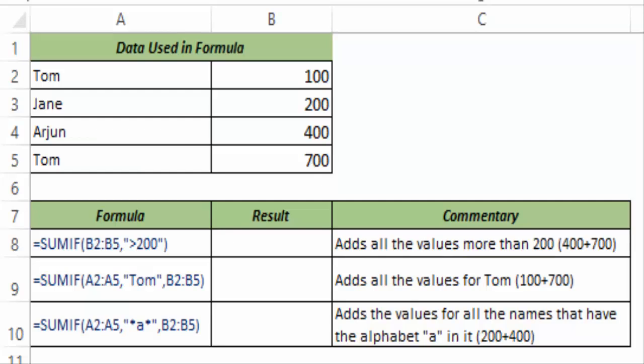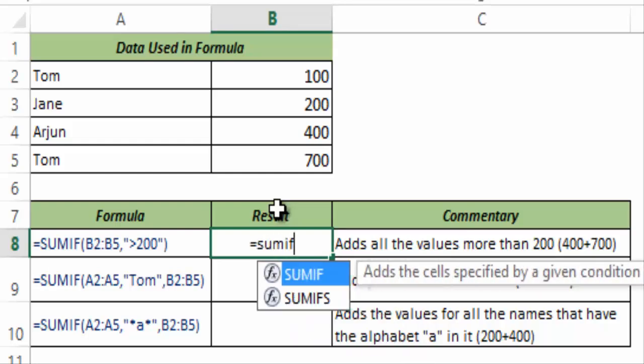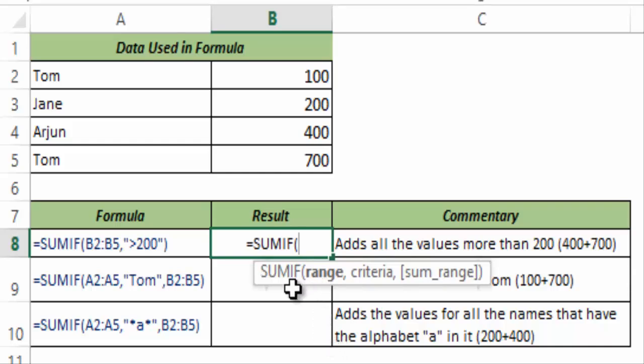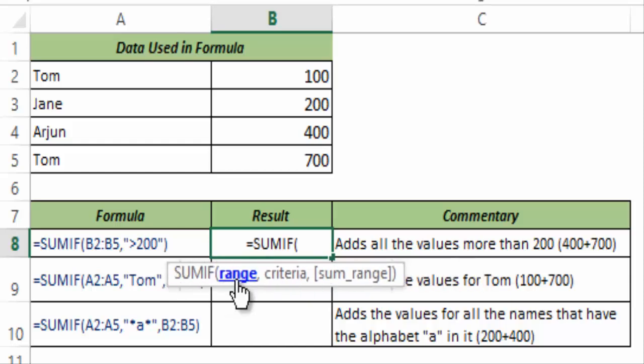This is a mathematical formula that lets you add numbers when a certain criteria is met. So let me show you how SUMIF function works in Excel. I type SUMIF and I hit tab. You can see it takes 3 arguments. The first one is the range, the second is the criteria, and third is the sum range. The first range is actually criteria range, where your criteria resides. Second argument is the criteria, based on which it would check in criteria range, and when this criteria is met, it would add the corresponding number from the sum range.